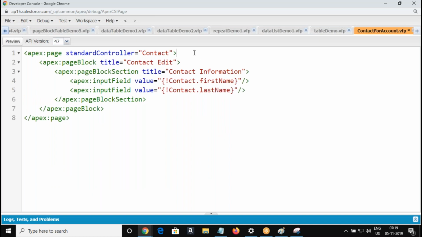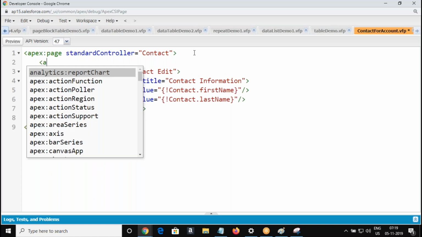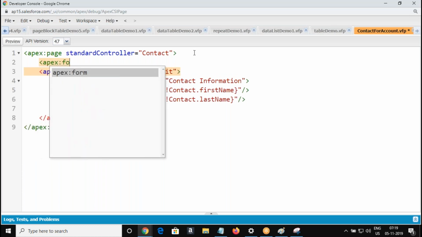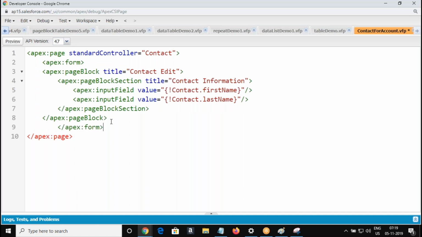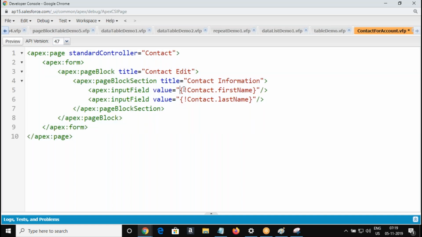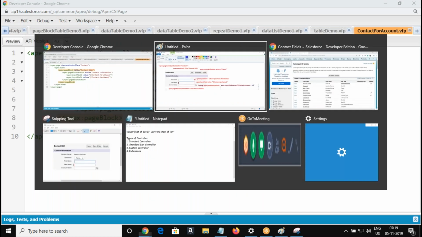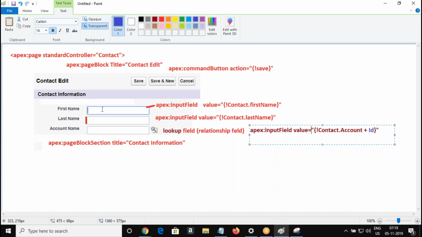So what do you miss here? Since we are using the input field component, the form is record. What is the number of columns? What type of column layout? One column layout.